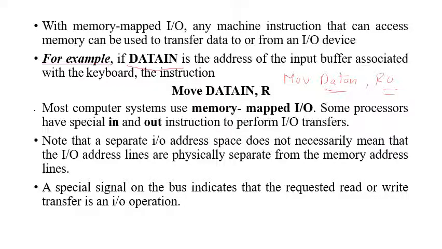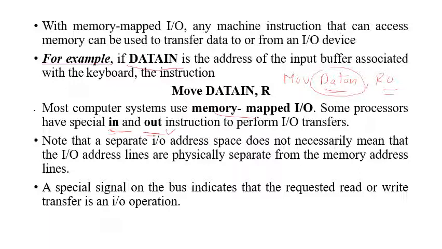Similarly, the designer, or the one who designs the computer system, has two options. Either he can go for sophisticated IO transfer operation instructions such as in and out. Most of the computers will have in and out operations, or he can use the memory mapped IOs. In case of memory mapped IOs, it does not require any specific input instructions or output instructions, whereas in and out are used in most of the processors.